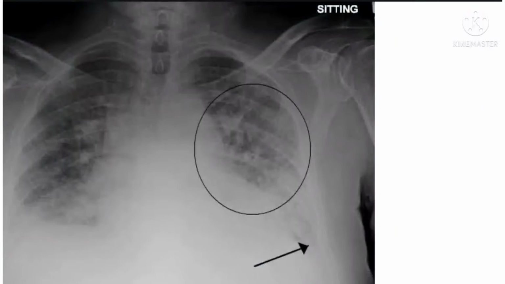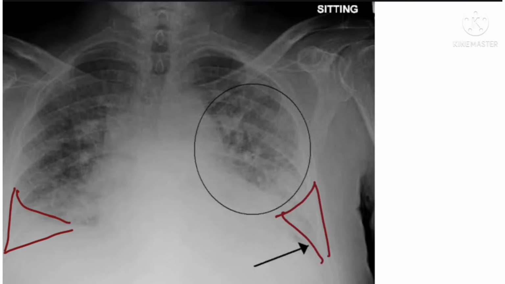Let's see the investigation part of RCM. If any patient comes to us with the complaints explained previously, the first thing we will do is chest X-ray. This is a chest X-ray of a patient of RCM. Here, the costophrenic angle is blunt, so it is showing pleural effusion. Similarly, if we look closely, we can appreciate the enlarged cardiac border. So it is a chest X-ray showing pleural effusion and enlarged heart.